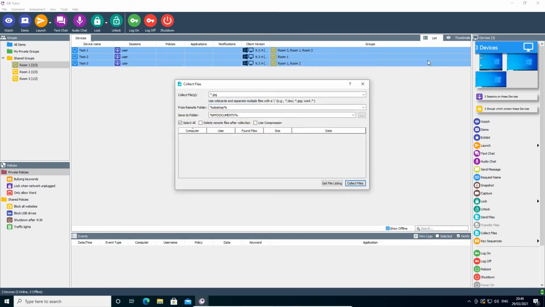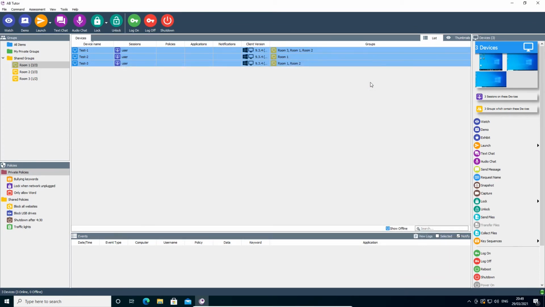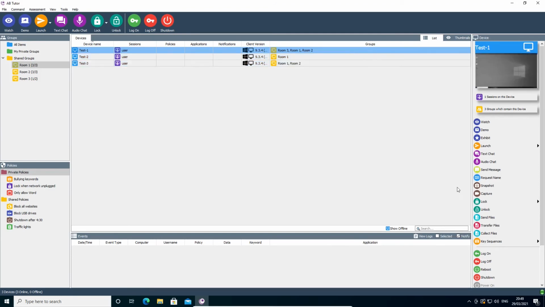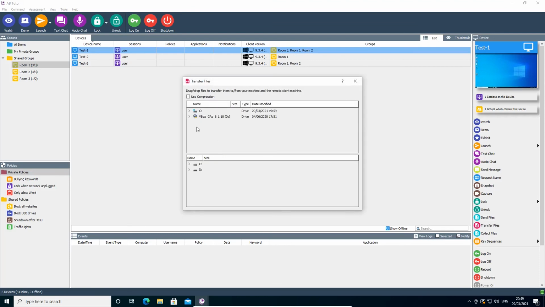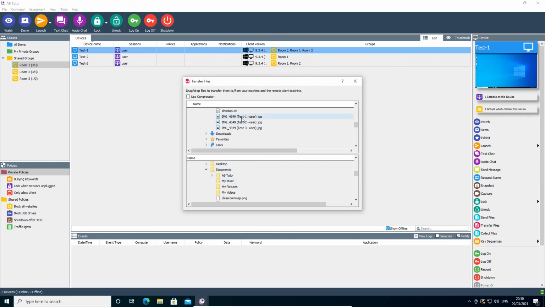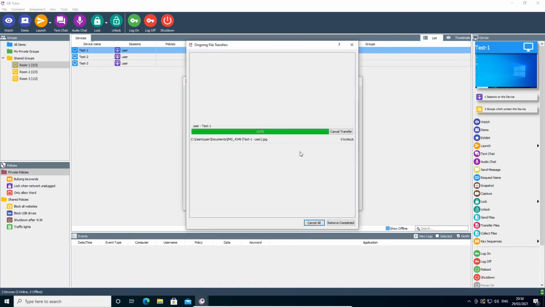The third and final way to move files between computers is the file transfer. Unlike the other two, this can only be used with a single client. When you select the action, a window will open showing tree views of both your computer and the client computer's file systems. Files can be copied either way between the computers by simply dragging them from one panel to the other. I hope this has been a useful introduction to transferring files with AB Tutor,